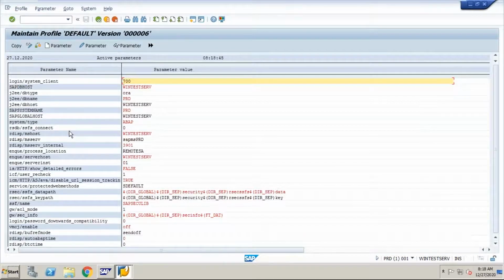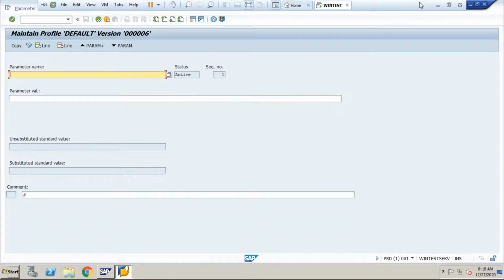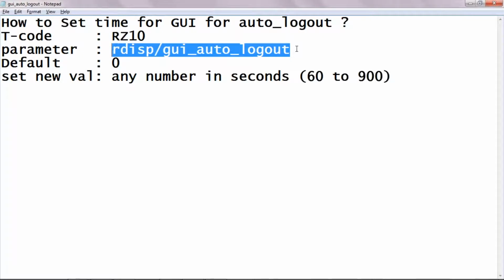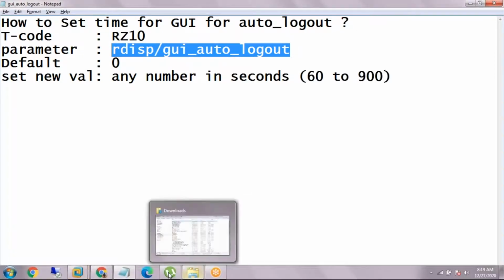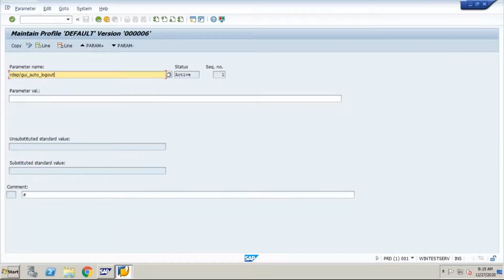Now here you have to specify the parameter which you need to change. Just go to parameters and specify the parameter name and value.